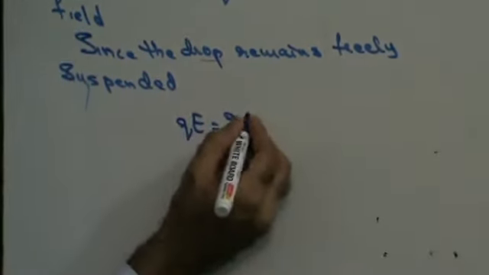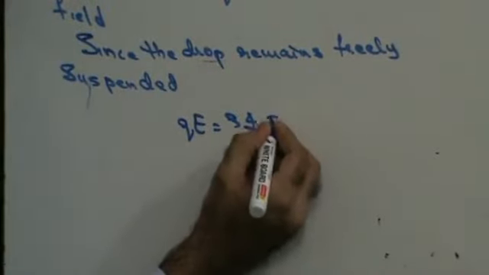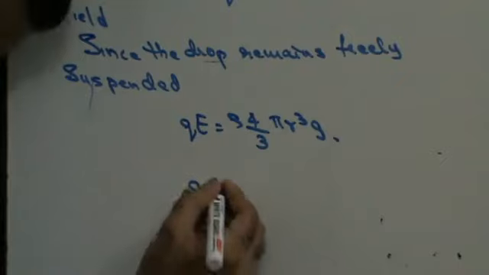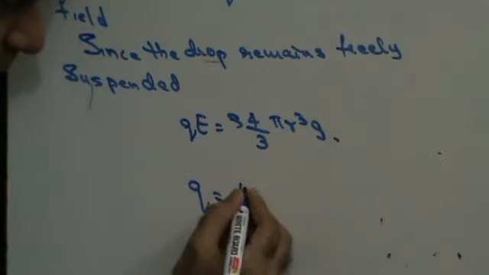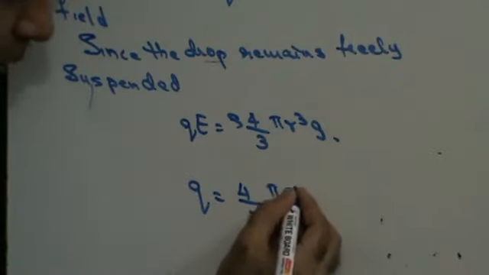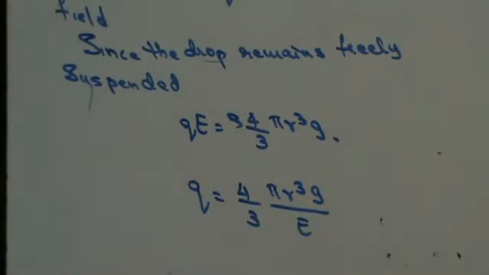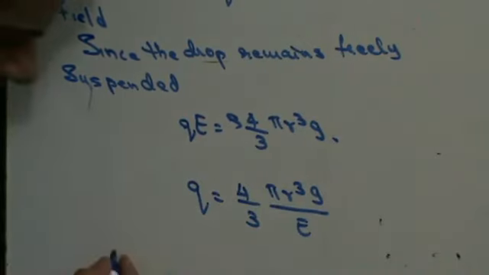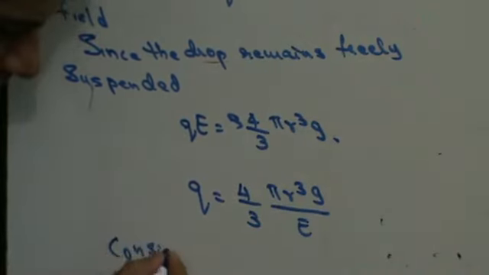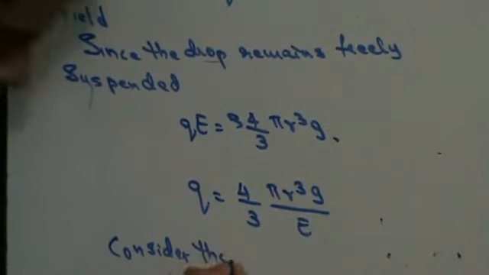The downward force is rho 4 upon 3 pi r cube g, right? In which case I can therefore say that Q is equal to 4 upon 3 pi r cube g upon E, right? Now if I consider the buoyancy force also,